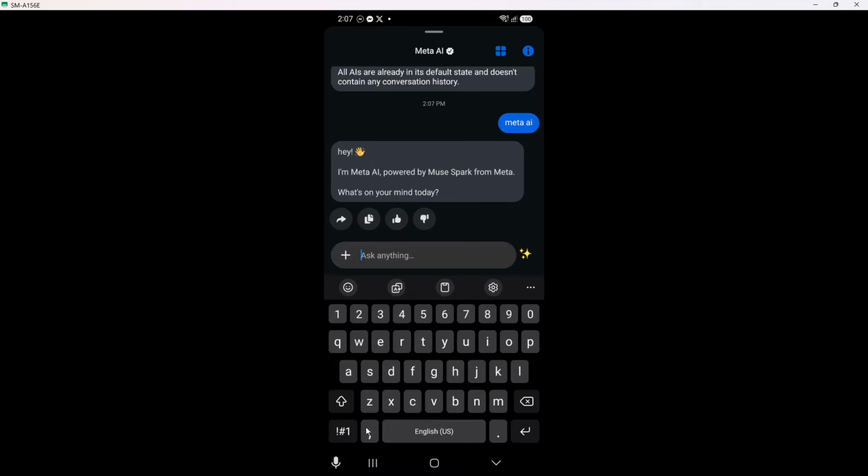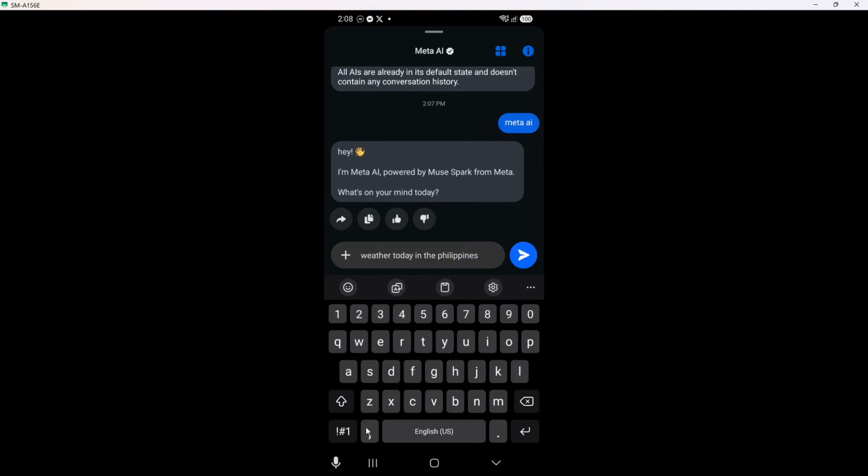Availability varies by country and account. Type a simple question, like asking for a weather summary or a quick explanation of a topic, then send it. Within a few seconds, you should see a typing indicator near the bottom, followed by the AI response appearing like a regular message bubble. If you do not get any reply after a short time, or the bot never appeared in search, it usually means the AI feature is not yet enabled for your account, and you may need to try again later or check from another device with the same login.